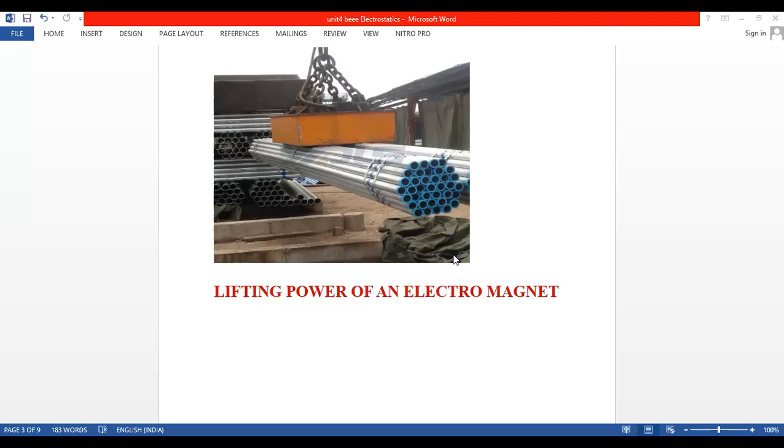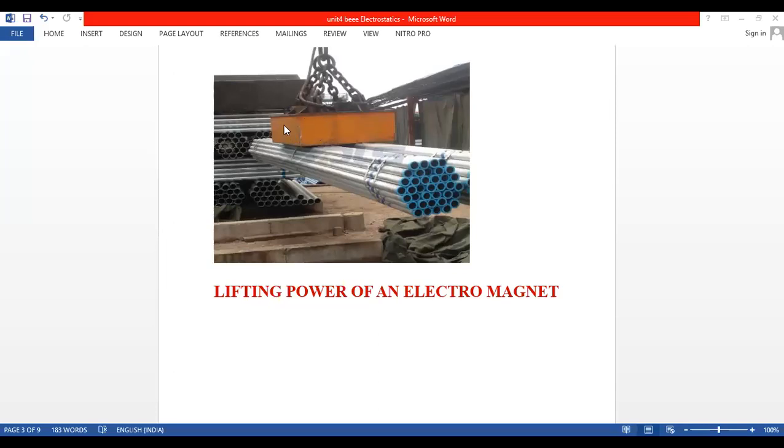We cannot see. This is the electrical force. This is not any mechanical force. Now, the challenging topic is the lifting power of an electromagnet. So first we have to draw the electromagnet and we have to prove one derivation. From this image, see, this top figure is nothing but the electromagnet.